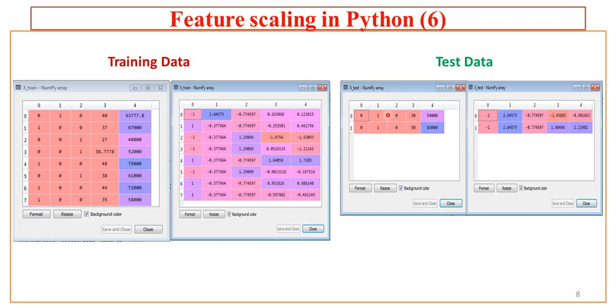Now for the test part, as we know the original dataset had 10 observations, so 80% of observations we have put under training. So 0 to 7, these are the 8 records out of 10, and 20% for the testing. Now 0, 1, these are the 2 records which are 20% of the 10 records of our original dataset. Here the values are 30, 50, 54,000, 83,000. This drastic variation of the values of different features is scaled to values within the range of -3, 0, +3. Hope you understood this.